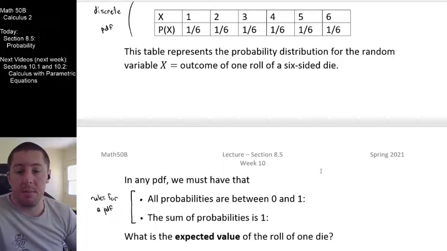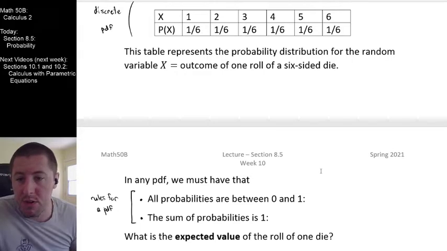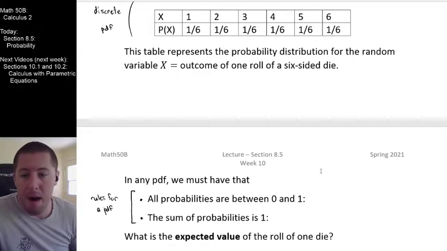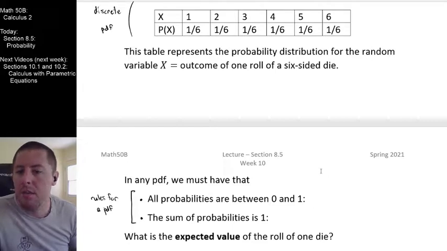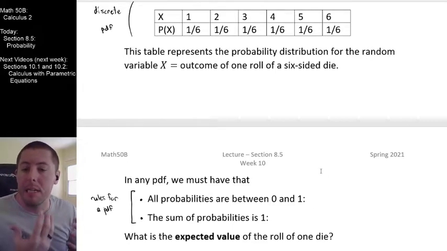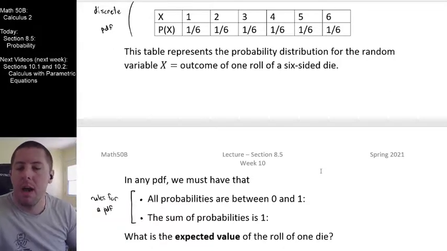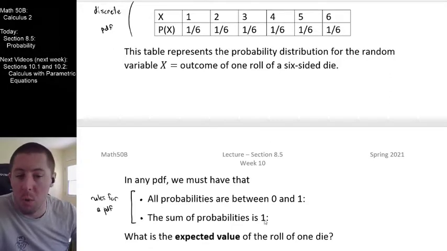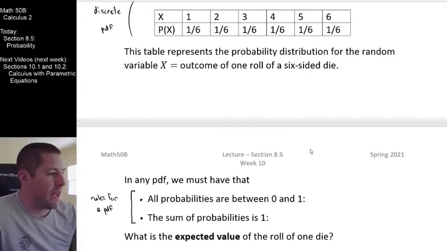So if I were to say to you something like 40% of CR students drive to campus and 30% of students take the bus to campus, that's not a probability distribution function, because I've only accounted for 70% of the possible outcomes as far as modality for getting to campus goes. So for something to qualify as a complete probability distribution function, every possible outcome must be accounted for. Another way of saying that is all 100%, the number one representing 100%, of all possible outcomes have been accounted for.